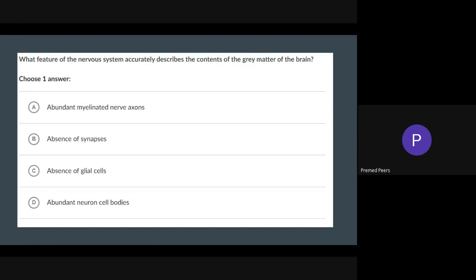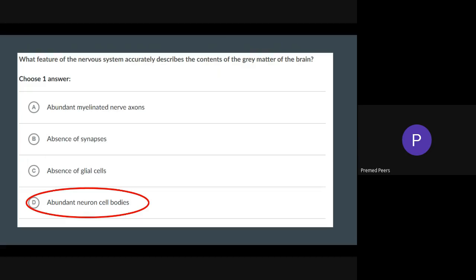All right. So here's our fourth question. Which feature of the nervous system accurately describes the contents of the gray matter of the brain? Again, feel free to drop your answers in the chat. Okay, yeah, so the answer here is D, abundant neuron cell bodies. So if you'll remember from that diagram that I showed earlier of the spinal cord, you'll have ganglia and nuclei